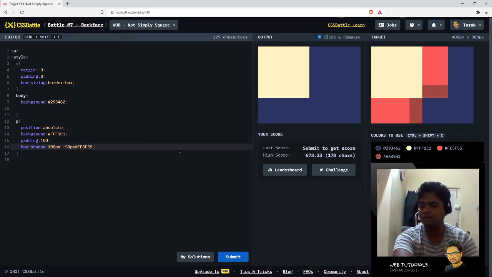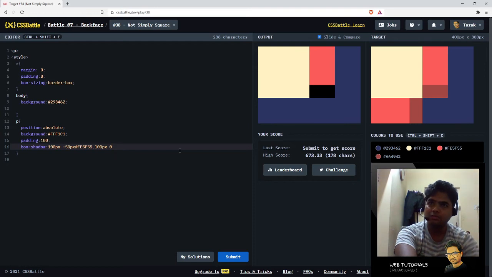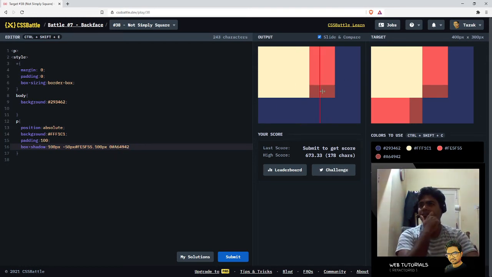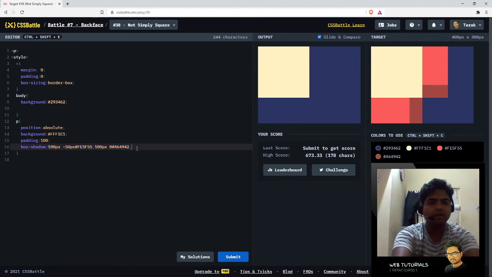Apart from that, we have given the first one. The next one, as we know, also needs to be 100 pixels, but Y offset would be 0. And we are going to give this particular color to it. With that, we have done this top part, and the same thing for the bottom.